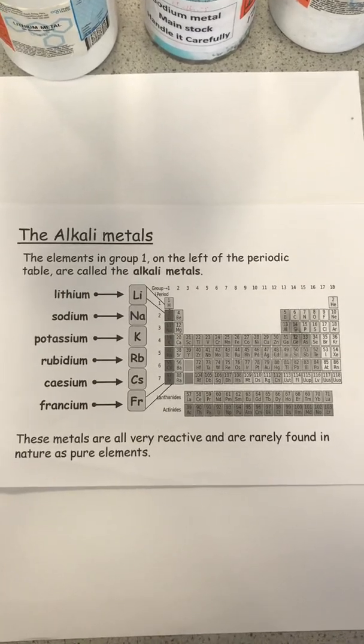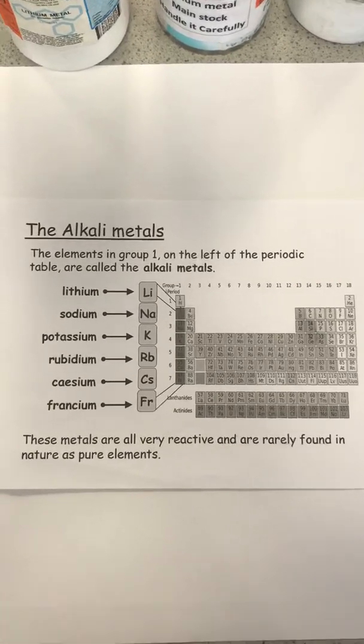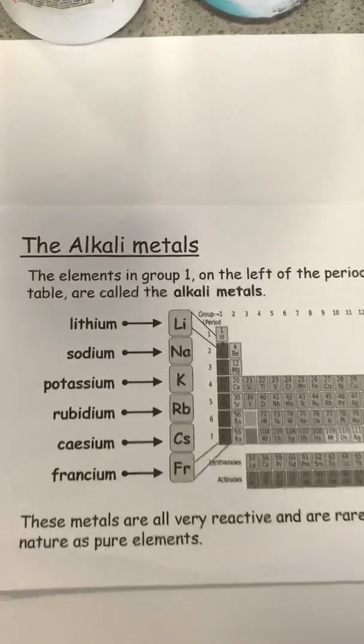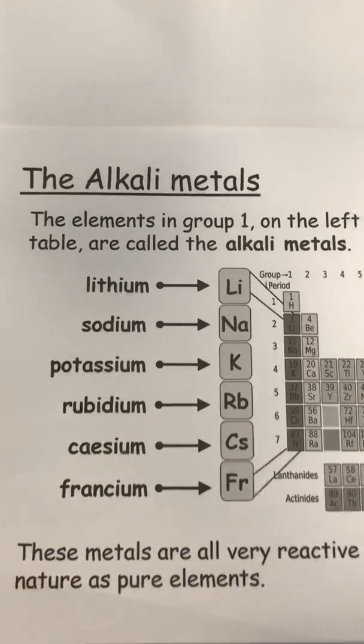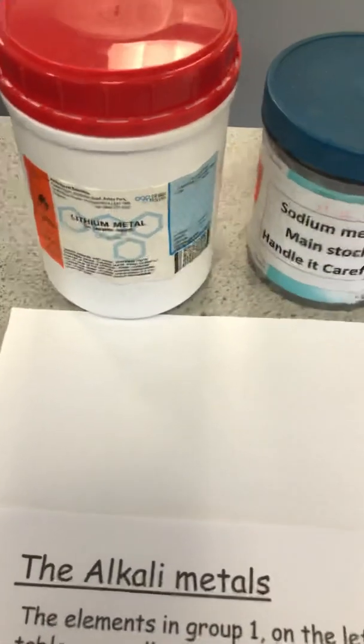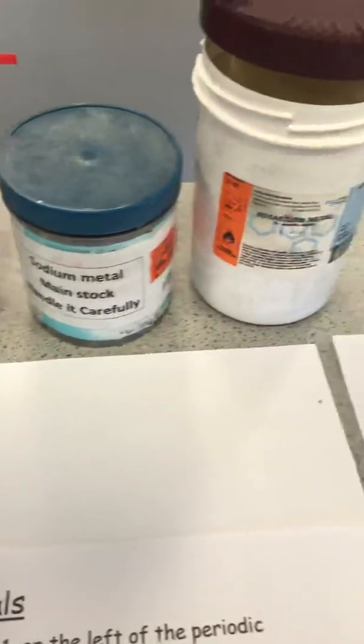In this video, we will see the reaction of alkaline metals, or group 1 metals in the periodic table, with water. All of these metals react vigorously or even explosively with water, and in each case a solution of metal hydroxide is produced together with hydrogen gas.